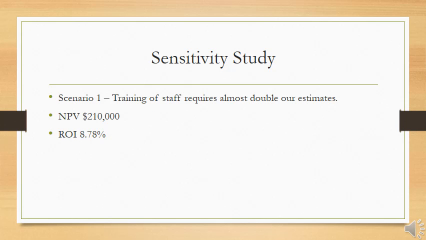If you turn to, I believe, page 3 of your handout, you'll find some information on sensitivity studies. This is just asking, what if our estimates for our crucial elements are completely out? If you look at scenario 1, we ask, what if the training of staff takes twice as long? Well, if we need to double our estimates for that, we've still got a return on investment of 8.78%. Not ideal, but the way we can safeguard against that is to ensure in the planning phase we do our research so we completely understand how much training is required.